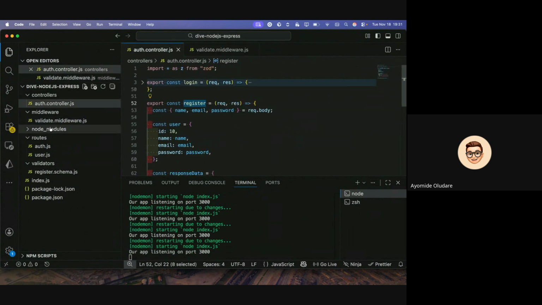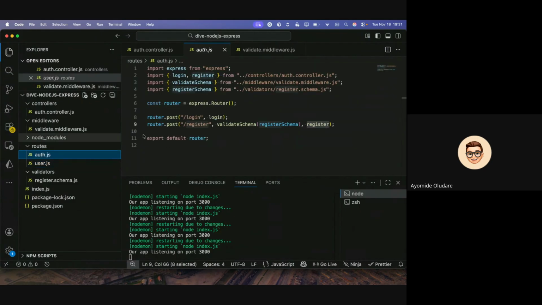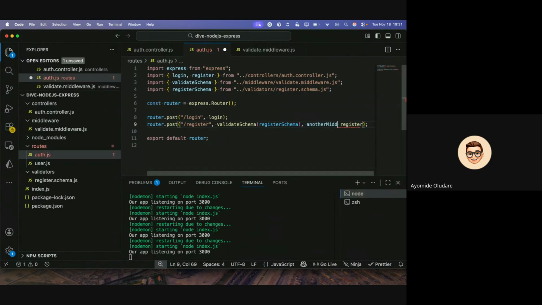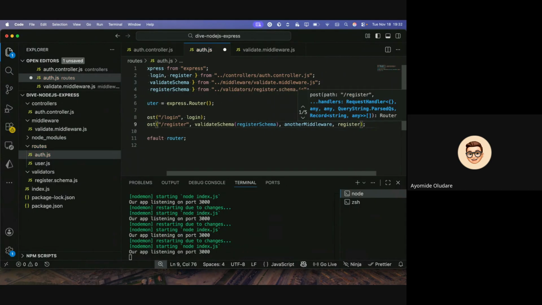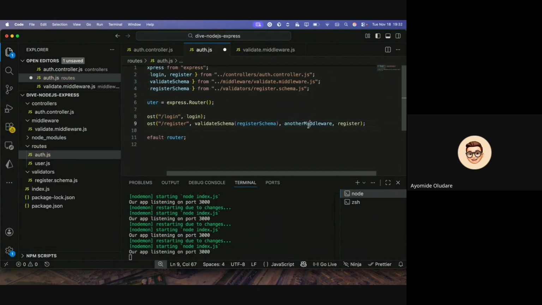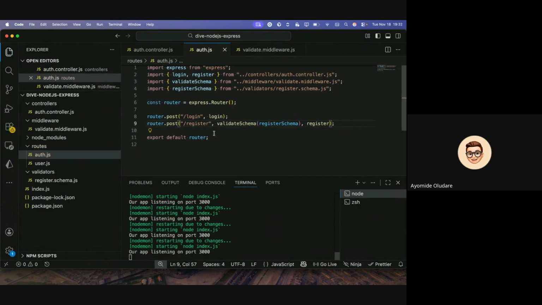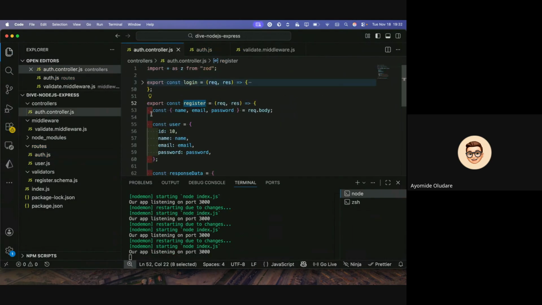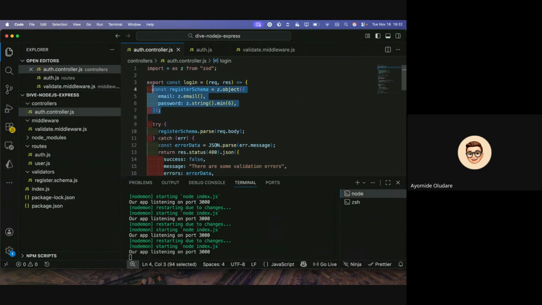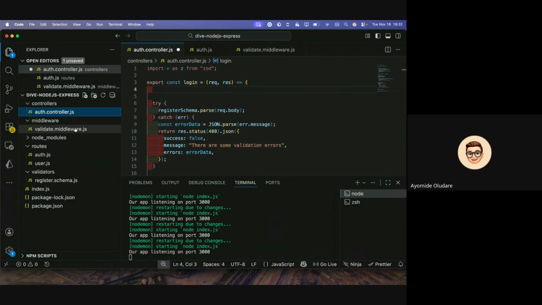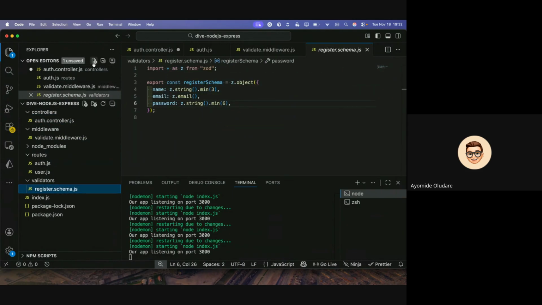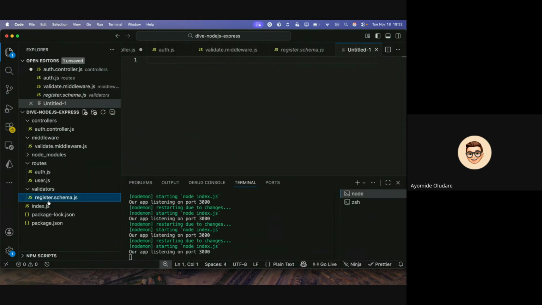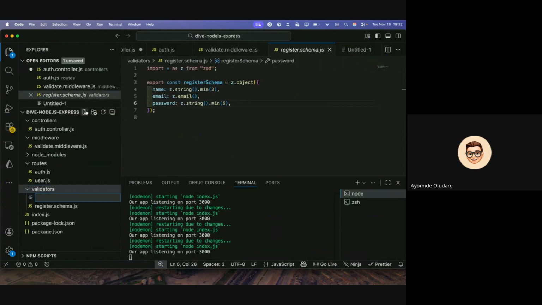If we have another middleware that we want to run, we can still put it here, another middleware, before finally running our logic. But for now, we don't have another middleware. What we want to do is to also bring the validation for login to another validator and say, do that, and say